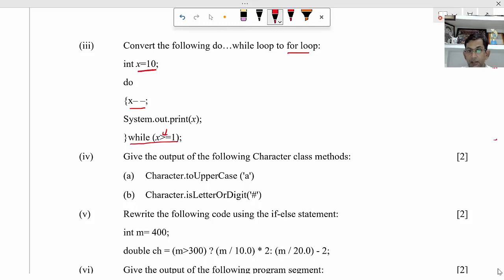It can be written like for (int x = 10; ...). This is the initialization statement. Here they have initialized the value of x by 10. Then the condition. What is the condition? x is greater than or equal to 1. Semicolon. This is the condition. And updation: the value of x they are updating with minus minus, so x--. So these three things, initialization, condition and updation statements, can be written